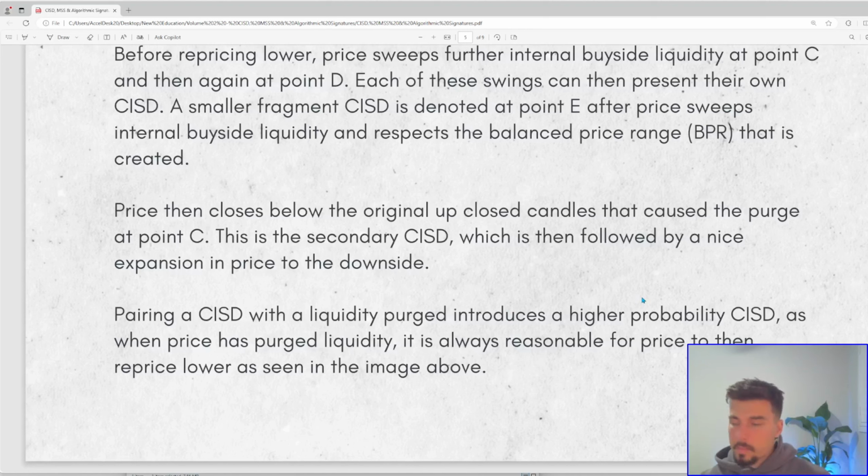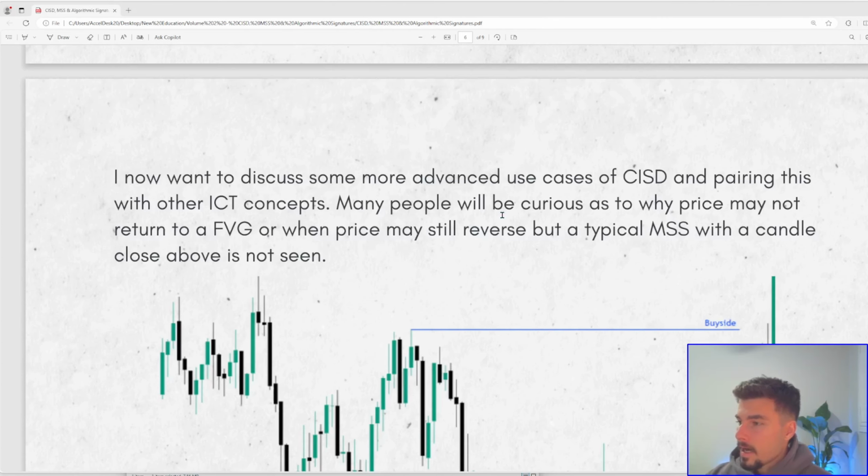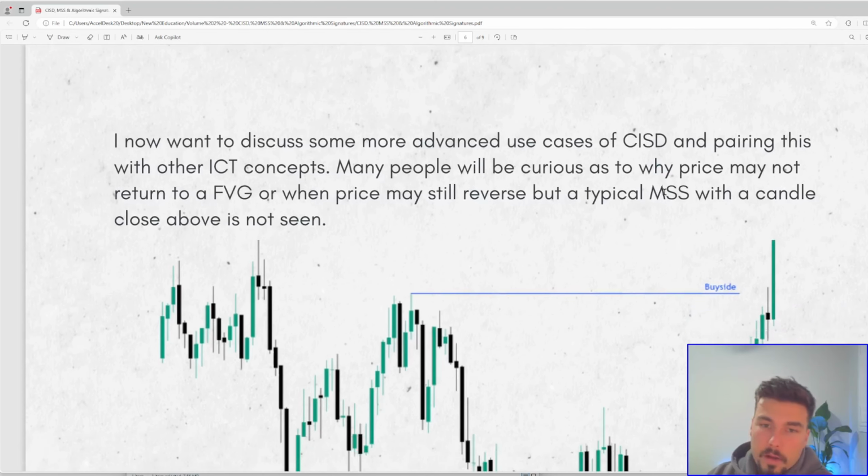Again, you sweep liquidity, the market can reprice. You don't sweep liquidity, what you'd have to see is probably an SMT or a three drives pattern, for example. Now, after talking about that, let's extend on that a little bit further. And I do want to discuss some more advanced use cases of CISD, and pairing this with other concepts,